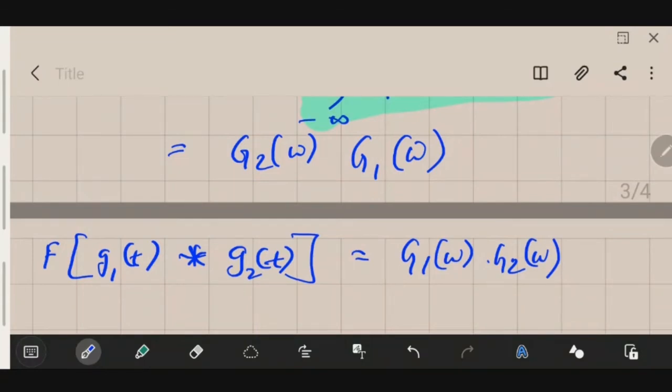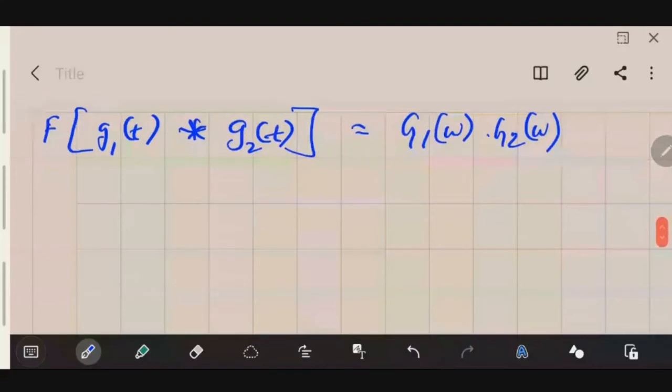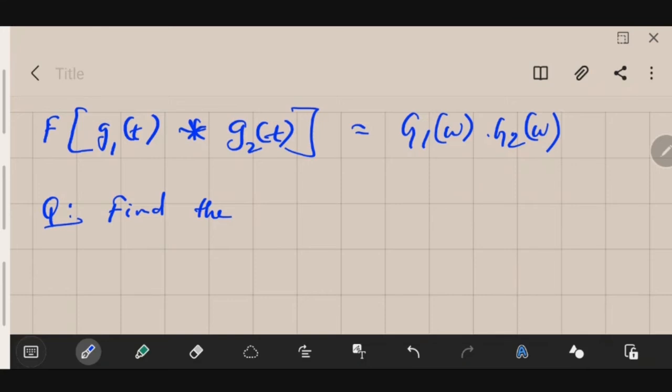So let me give you a question, try to solve it. Let us do some questions on Fourier transform and then we will go to modulations. Sometimes you may get a question like this. Last time in the examination, we got a question like this. So find the Fourier transform, FT in short, of the gate function shown below.